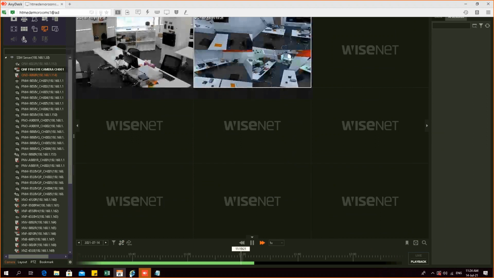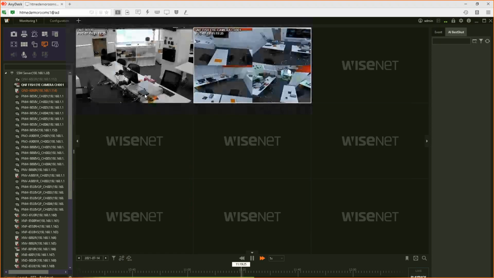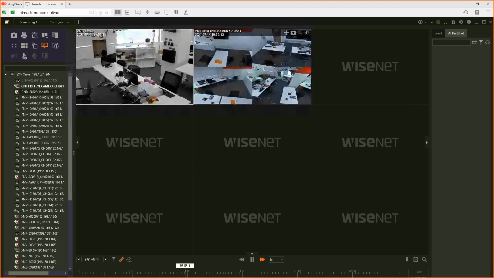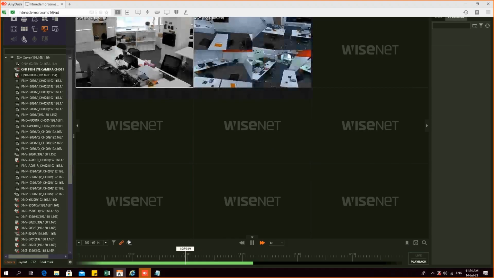If you break the link, each of them will have its own separate timeline. Otherwise, you can sync them both, then both of them will have a unified timeline. So if you go to 11 o'clock, both will be playing at exactly the same time. You can see 10:59:16 and so on. So this is called synced playback.